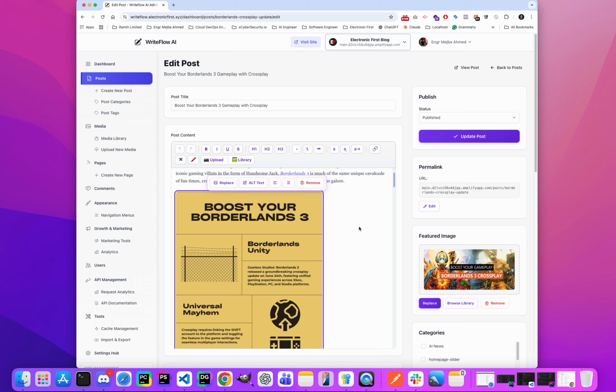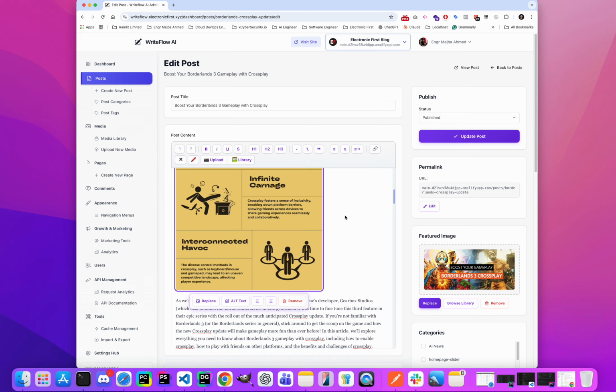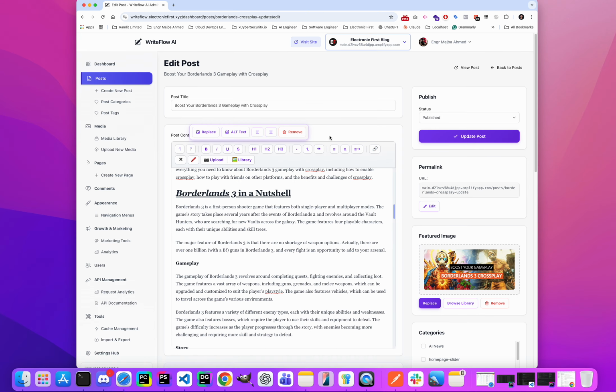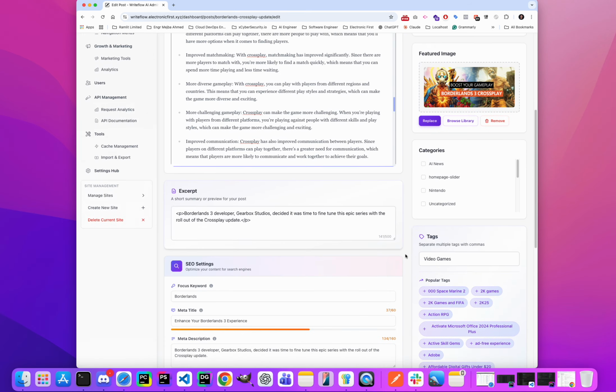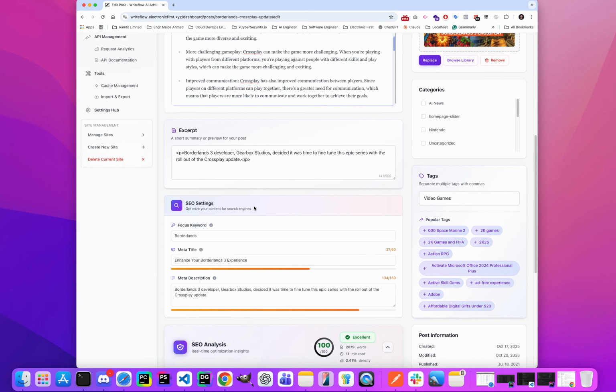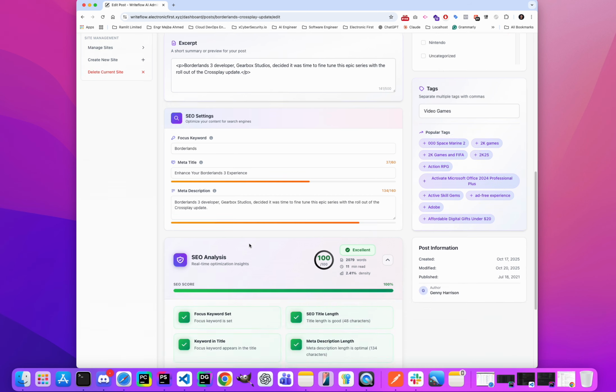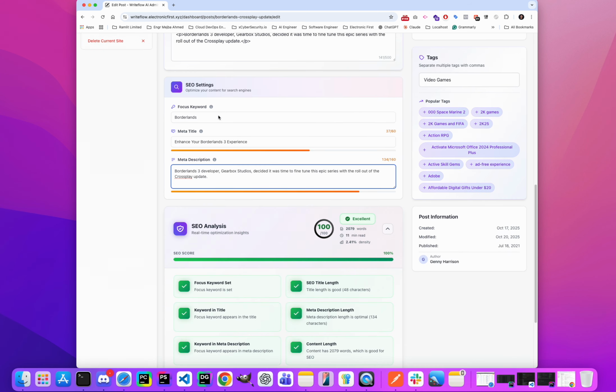That's it. And let's see the second feature, the advanced SEO analysis system, your real-time content optimization assistant. This is the post page. This is the SEO setting block, and here we can add the